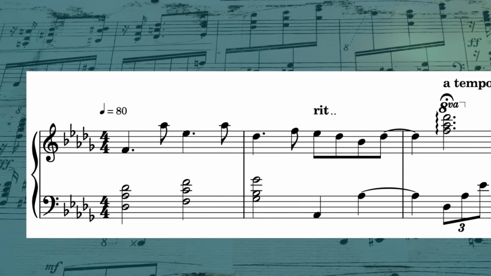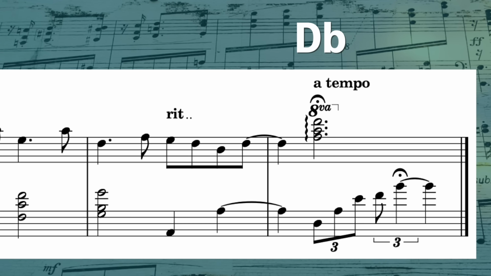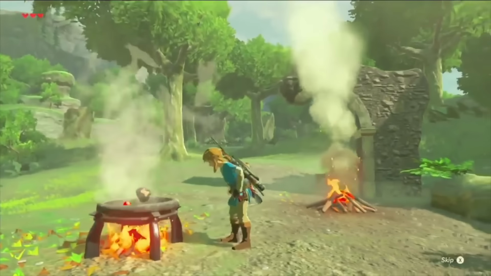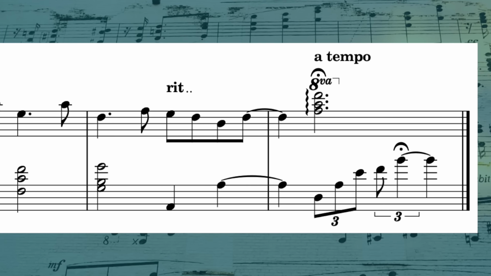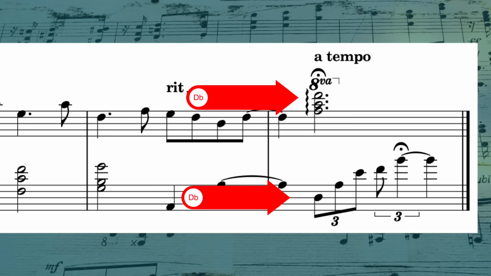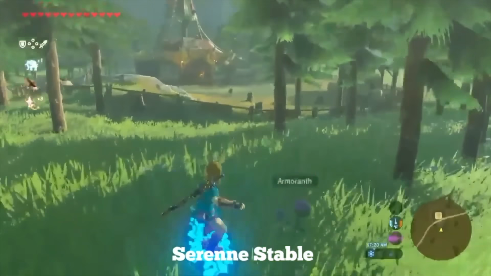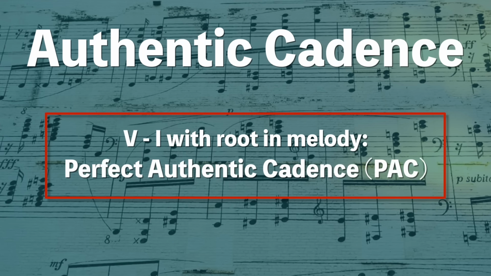The piece is in the key of D flat major, and for the last chord, we have a D flat major chord, with D flat in the bass and D flat in the melody. It's technically a D flat 6-9 chord, but that's really just an issue of flavor. The important thing is that with that melody and bass both on the tonic and finishing on the 1 chord of the key, we're about as stable as we can get. There is a sense of complete resolution, or rest, as we called it before, and we'd call this a perfect